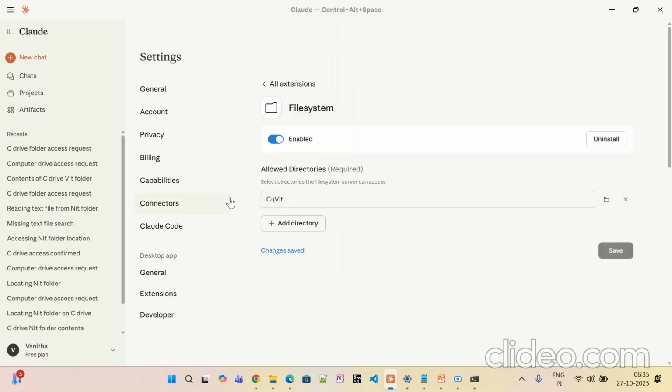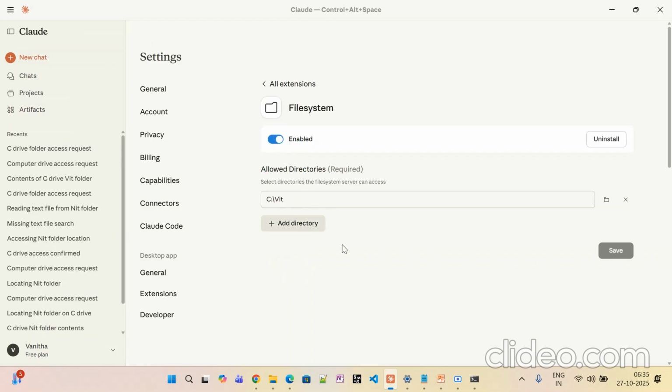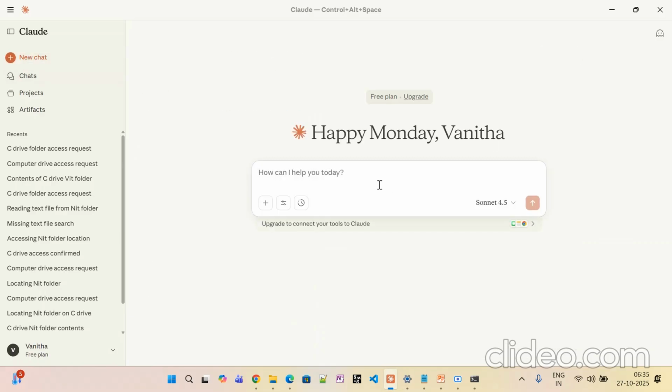I have enabled it now. Let me reload and check. I'll go to the chats. Can you access my